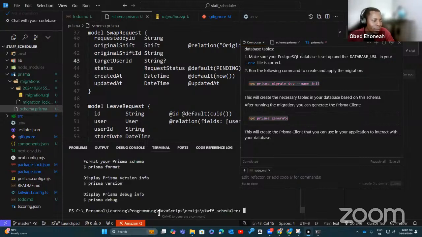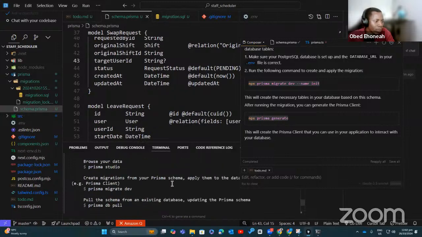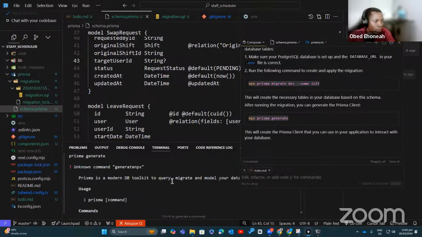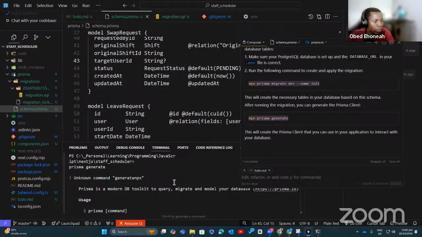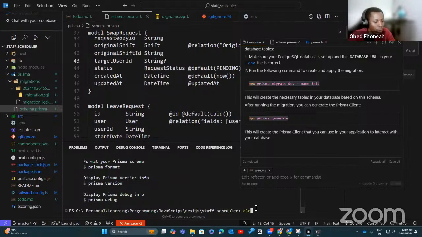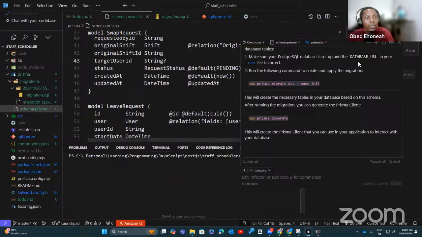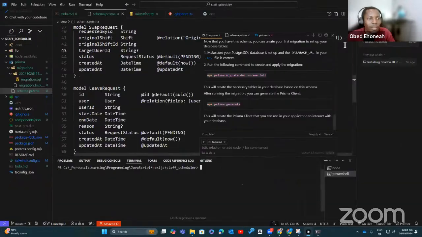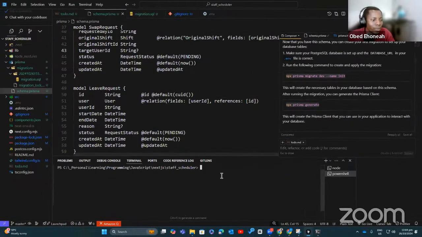Prisma generates. What happened? Okay. Unknown command. Oh, you didn't copy everything. When you want to do so many things at a time, the screen is being blocked.